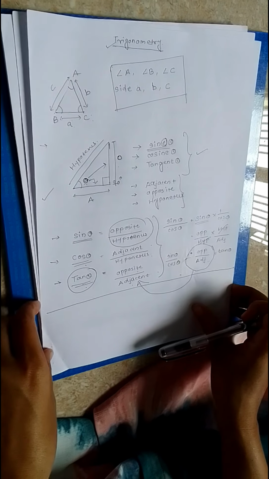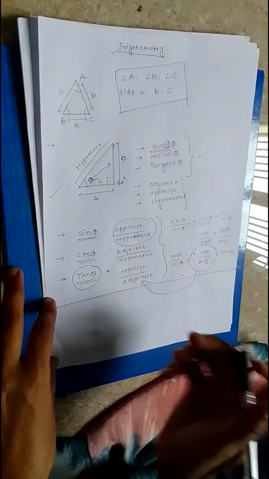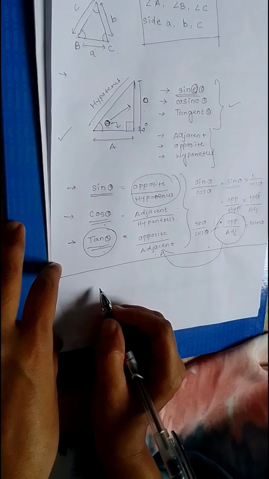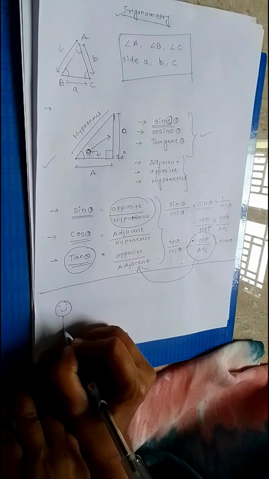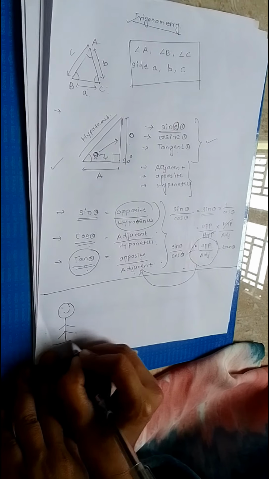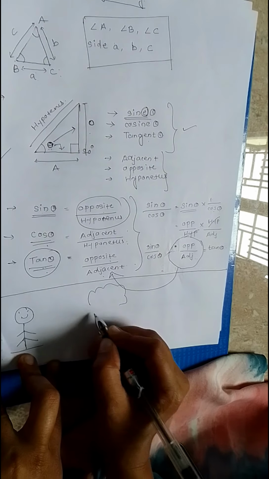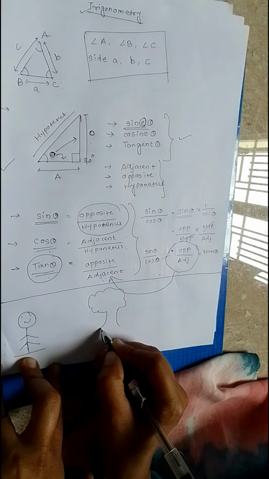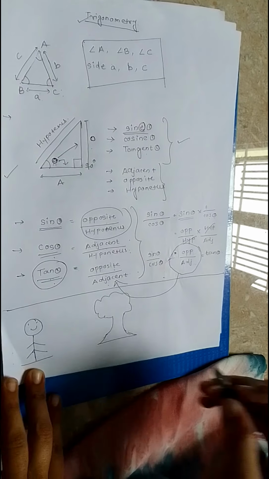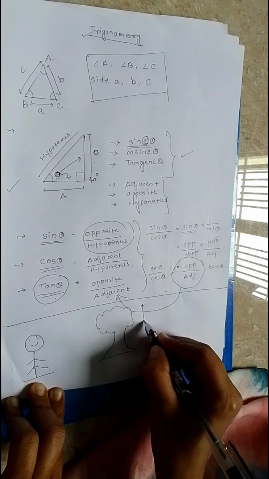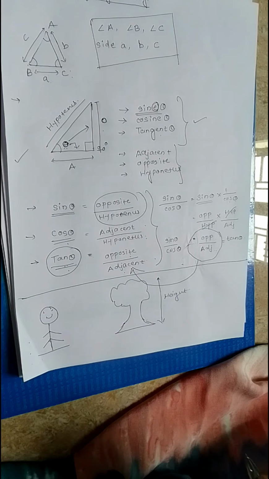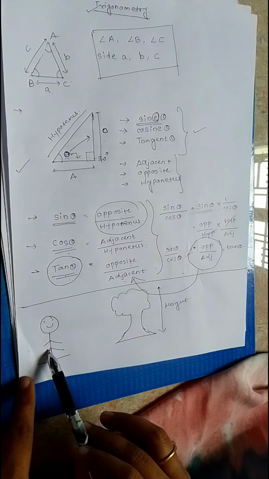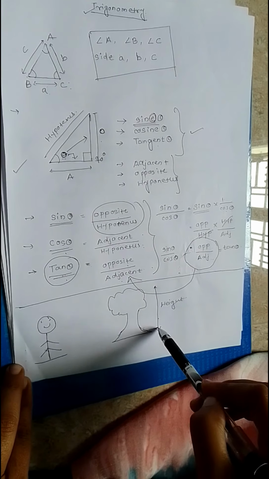So this is all about the simple basic functions of trigonometry. Now you will ask, what is the real life explanation of trigonometry? We will explain it with a simple example. Let us assume this simple example. He is Zian and this is a tree. Now Zian wants to calculate the height of a tree. How will he calculate it? It's simple. With the help of trigonometry, Zian can easily calculate the height of a tree.